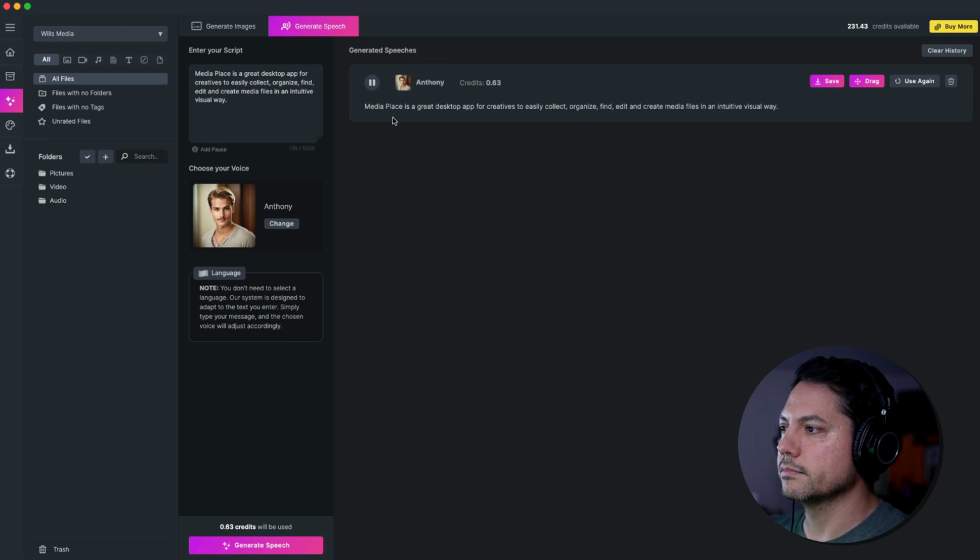MediaPlace is a great desktop app for creatives to easily collect, organize, find, edit, and create media files in an intuitive visual way. All right, so it even, with the commas in there, it even gives it like a little